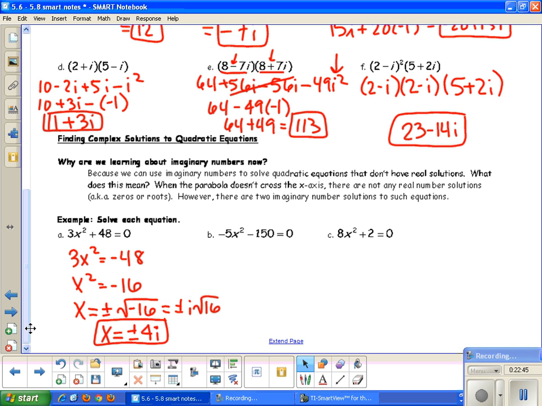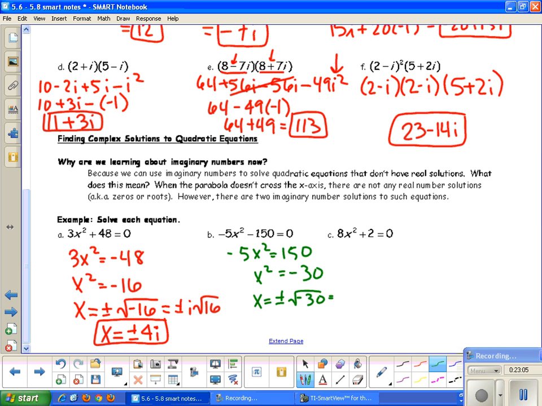Now if we look at b, then we can do the same thing. So divide by -5. Take the square root of both sides. Don't forget your plus or minus. Take out the i. And then the square root of 30 doesn't reduce, so plus or minus i root 30 is my solution. And the last one,